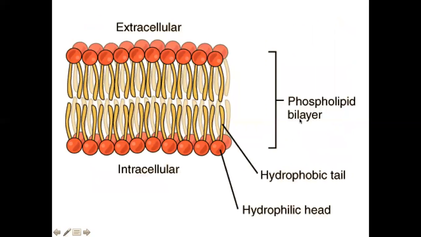So our cell is divided from the inside of the cell and the outside of the cell. And the inside of the cell is going to have what we call aqueous. It's like a watery type substance that has all kinds of things dissolved in it. And the outside of the cell is going to be the same. So that means that the fatty acid tails, the hydrophobic tails, don't want to be on the inside of the cell or the outside of the cell.